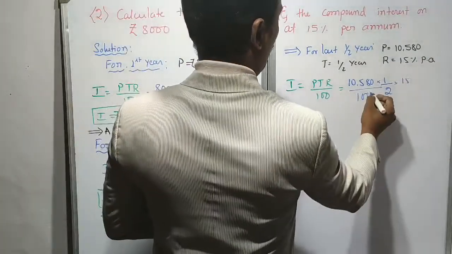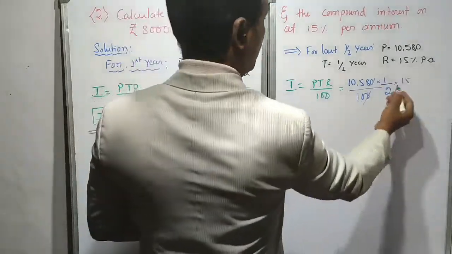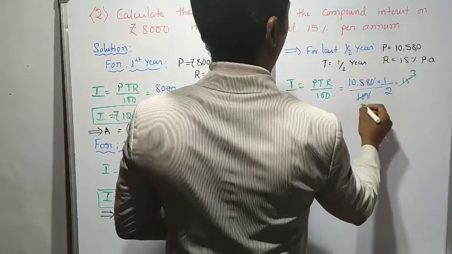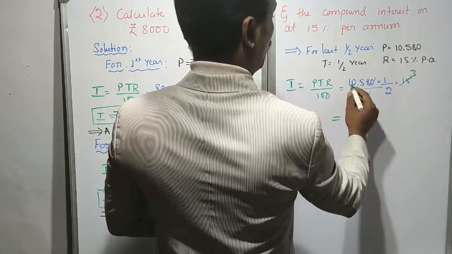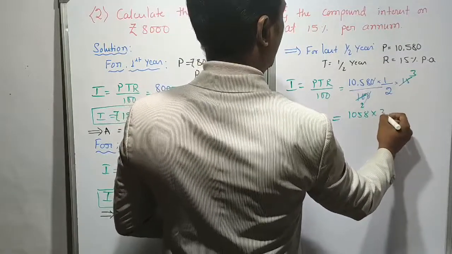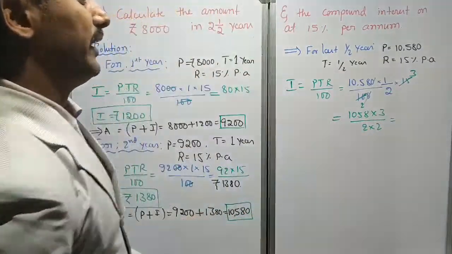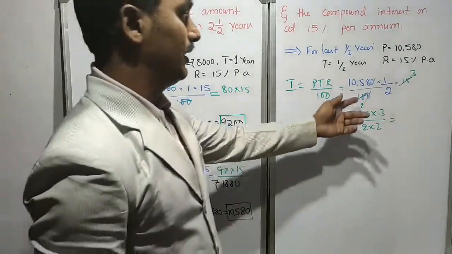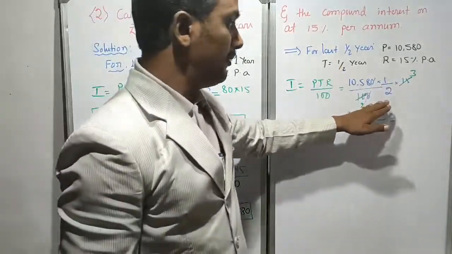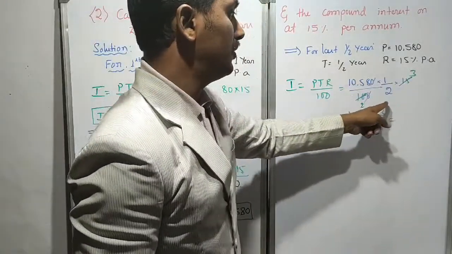Next, simplification, dear children. See, here 1 0 and 1 0 cancel. Then this 2 is divisible into 15 and 10 is divisible by 5, 5 3s are 15, 5 2s are 10. Next step, 1058 into 3 divided by 2 into 2, dear children. This simplification is very important. How I did, understand it. You should do simplification the easy way. Only divide in the easy tables. Don't go to multiplication, this 2 multiplication and 200 division, don't do that.